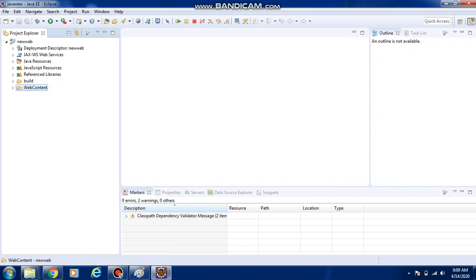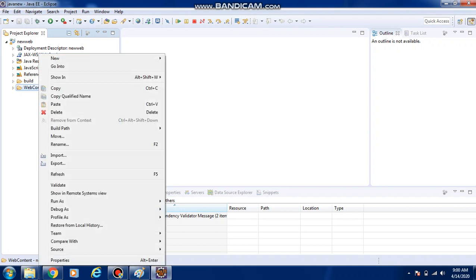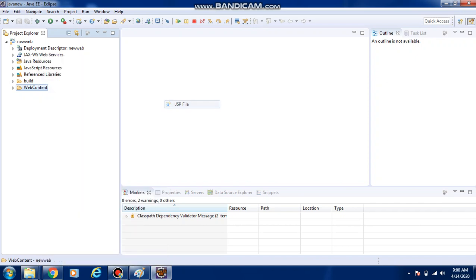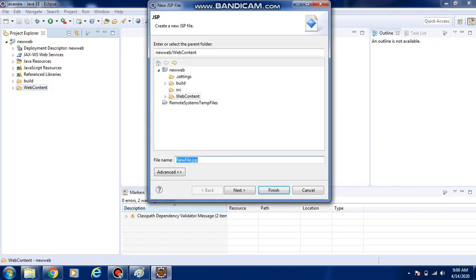Now I am showing how to create the JSP file. Web content, right click, new, JSP file. Observe clearly. Always the first JSP file should be index.jsp, whenever you are creating a JSP file.